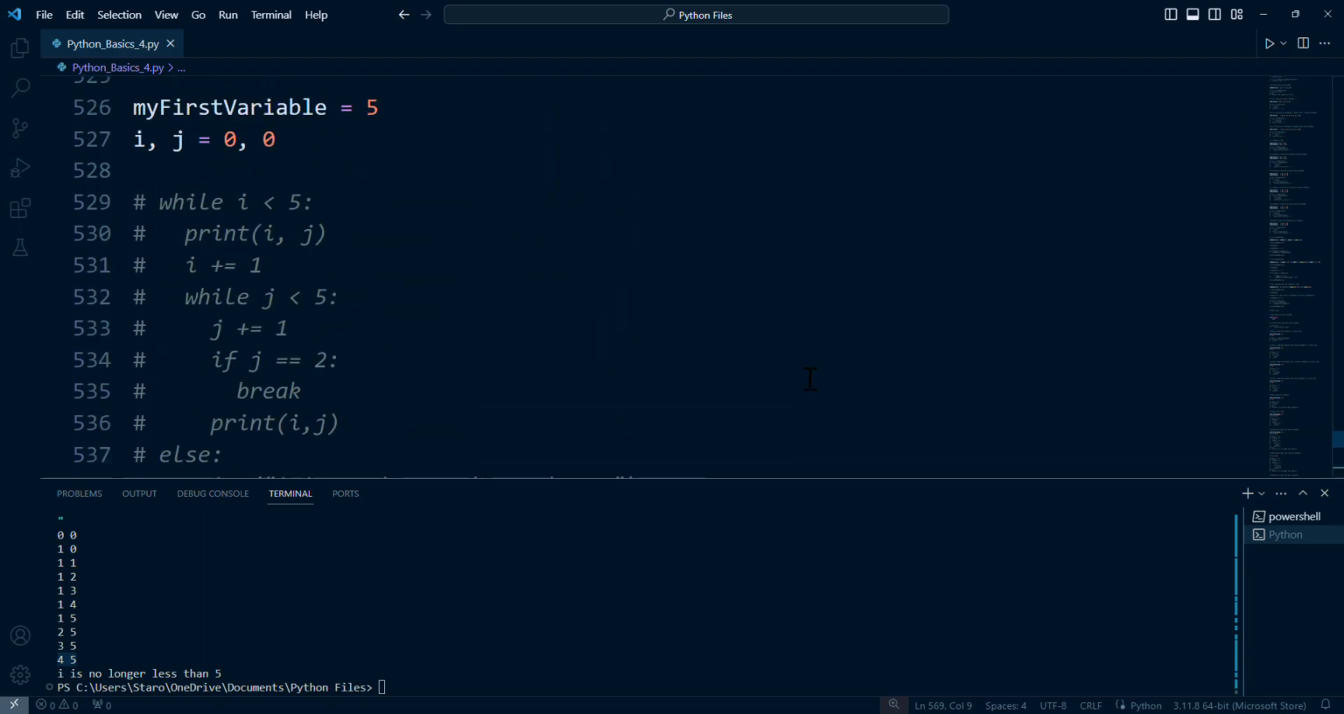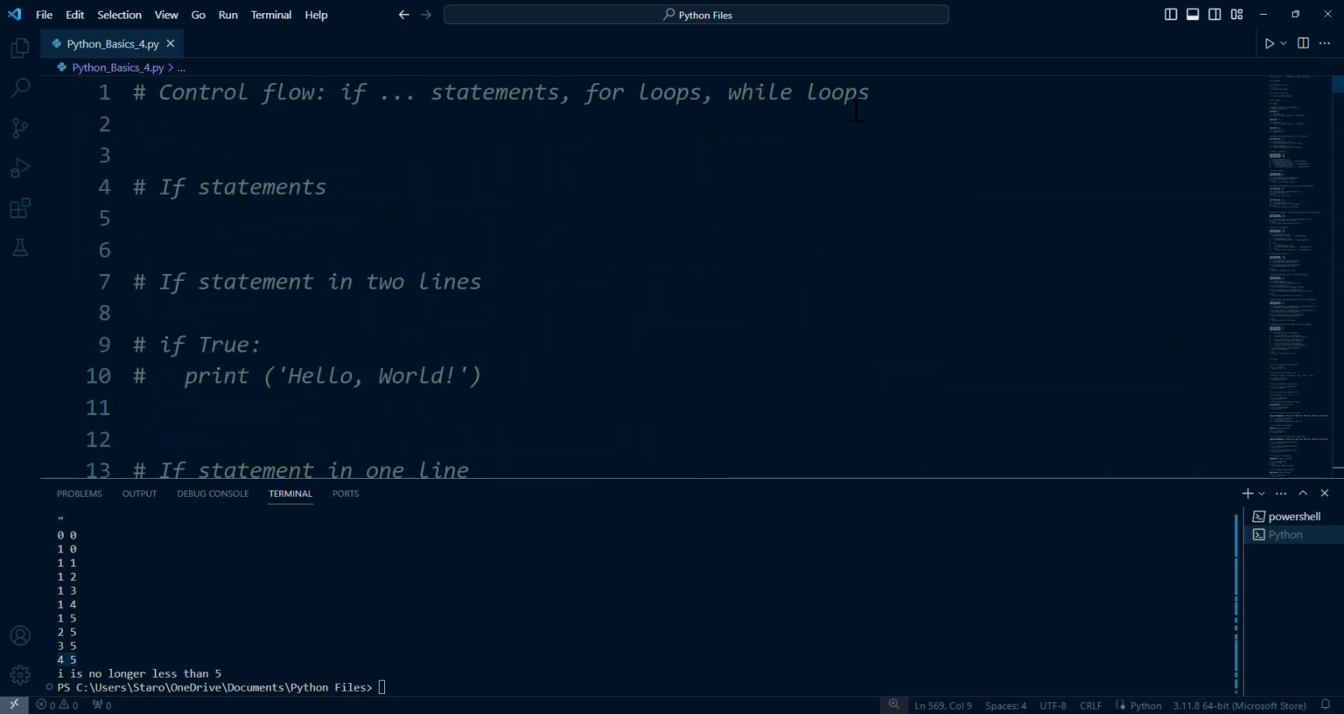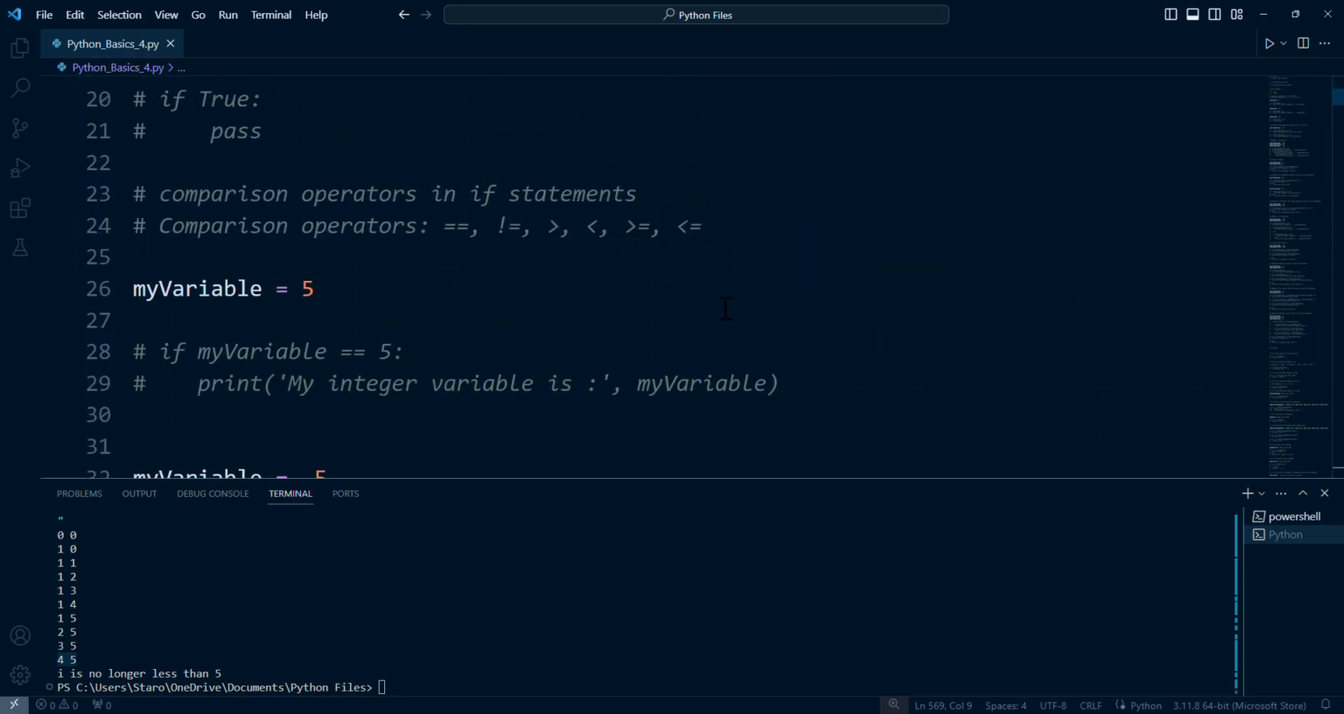Alright, that has been conditional flow. If statements, else statements, for loops, while loops. Hopefully you understood